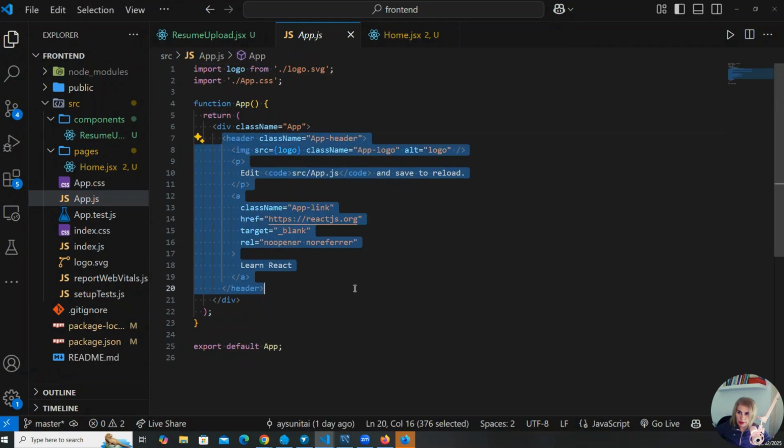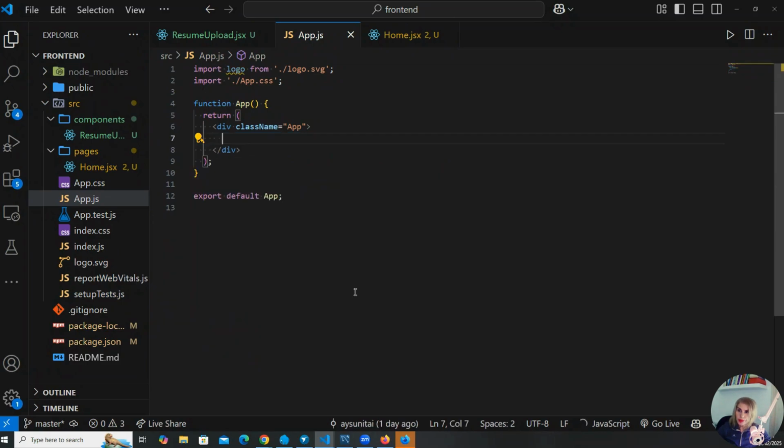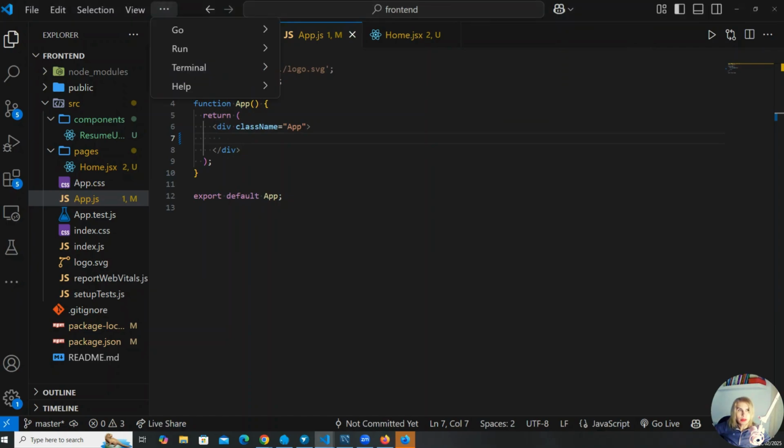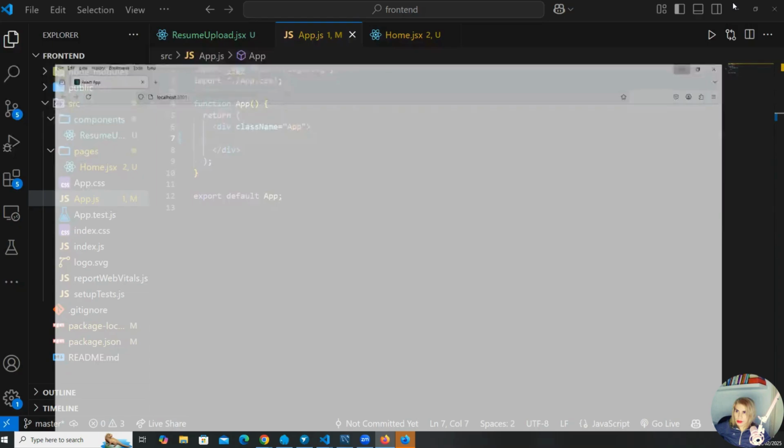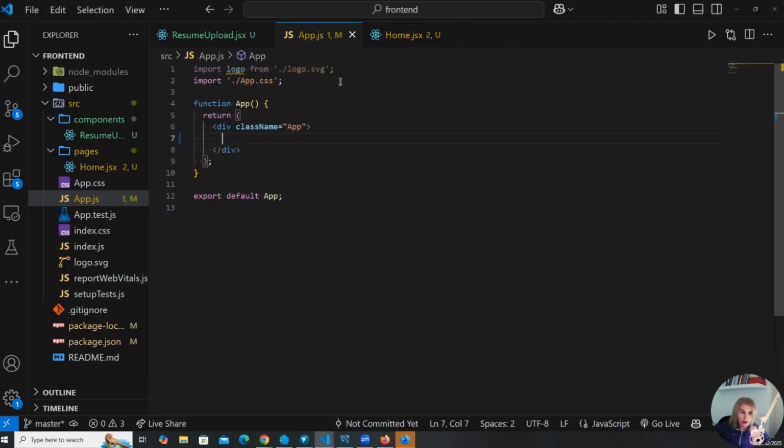Let's clean the header, everything here. And if I go back, I should stop seeing anything if everything is connected as expected. Okay, here we don't see the logo anymore. And now I need to bring my home.jsx component here,